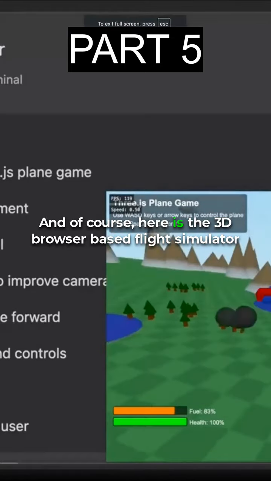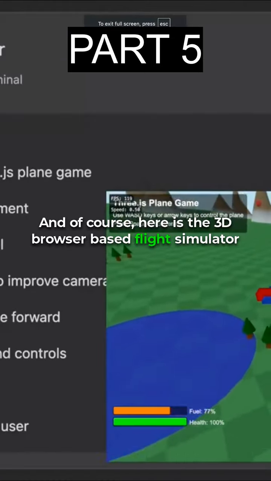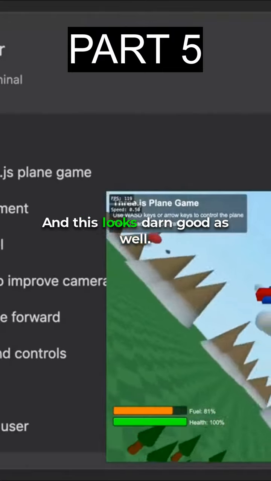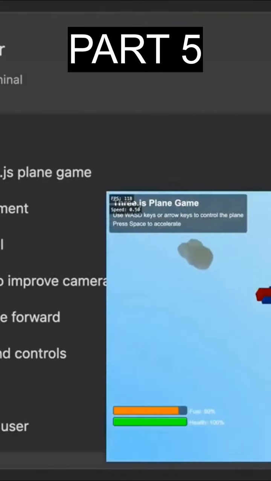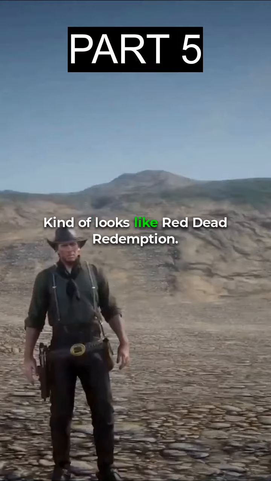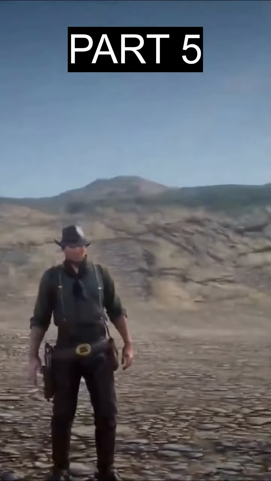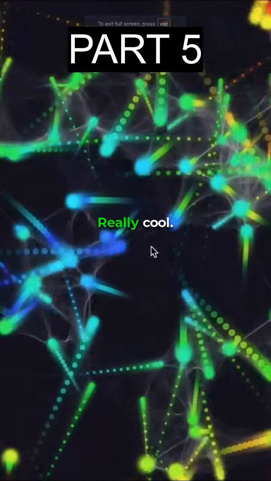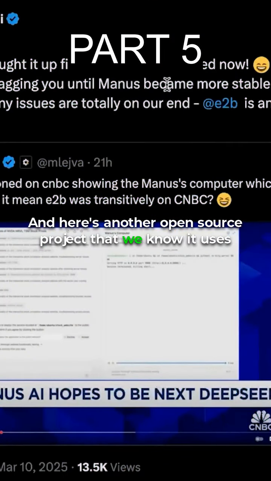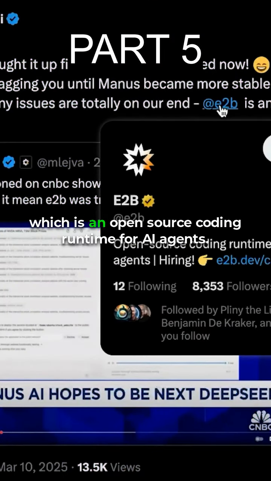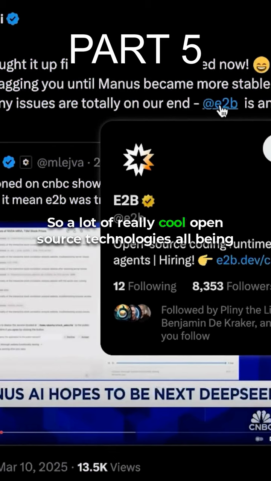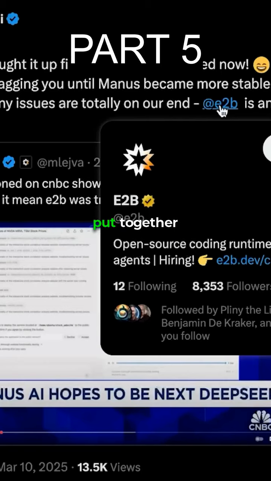And of course, here is the 3D browser-based flight simulator game, and this looks darn good as well. Here's an AI game, kind of looks like Red Dead Redemption, but you can't walk around yet, but still very impressive. Here's an incredible animation, really cool, really dizzying. And here's another open source project that we know it uses now, E2B, which is an open source coding runtime for AI agents. So a lot of really cool open source technologies all being put together in a single, very